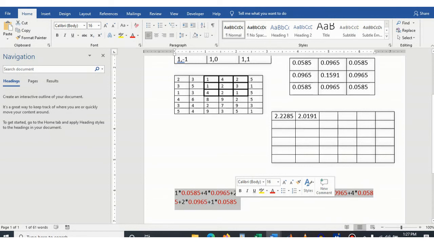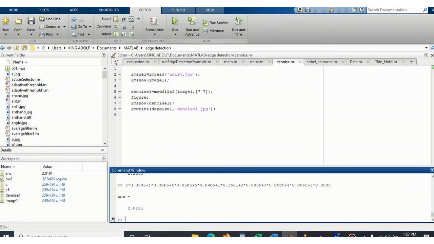So we multiply each cell in the image by its counterpart in the kernel. So we copy, Ctrl C, this one into Matlab, and let's see what Matlab will give us. So 1 point